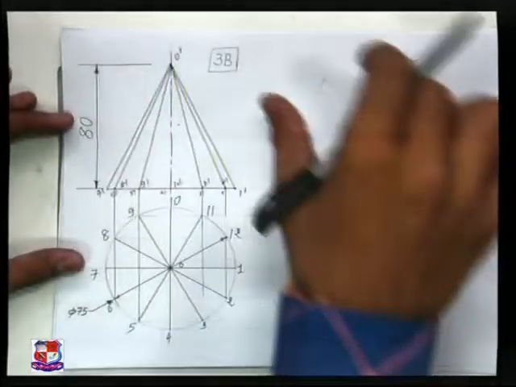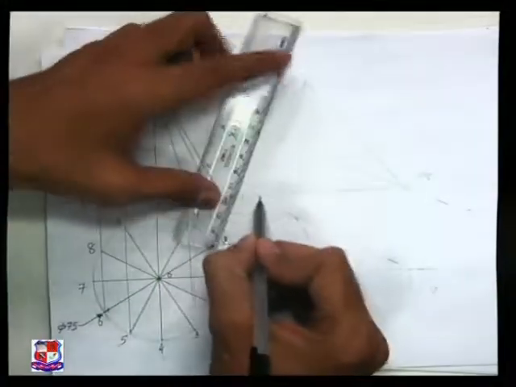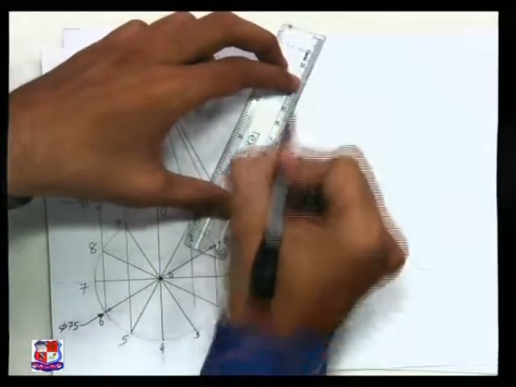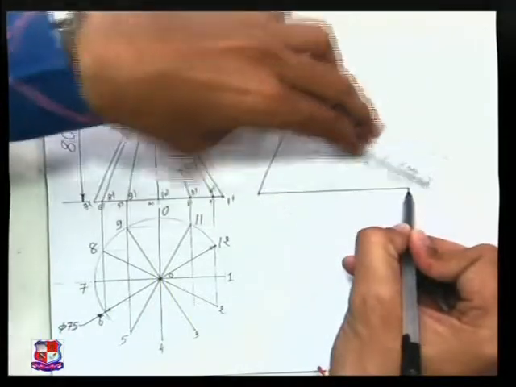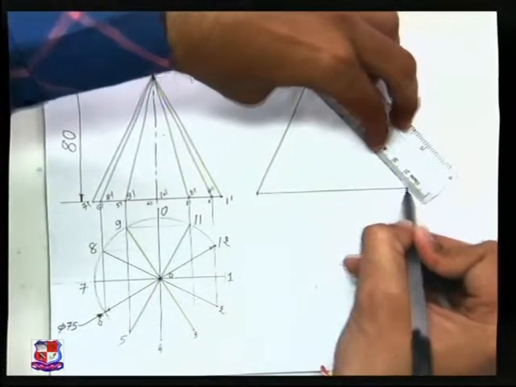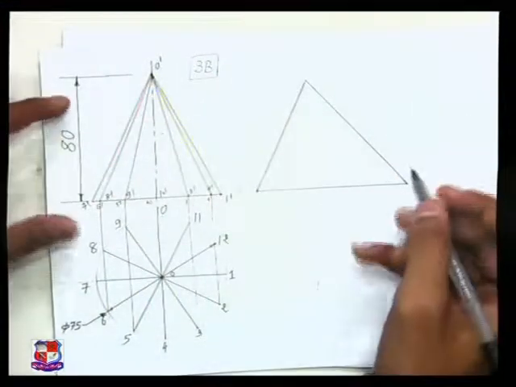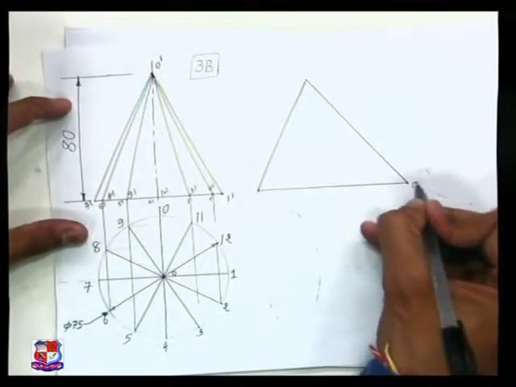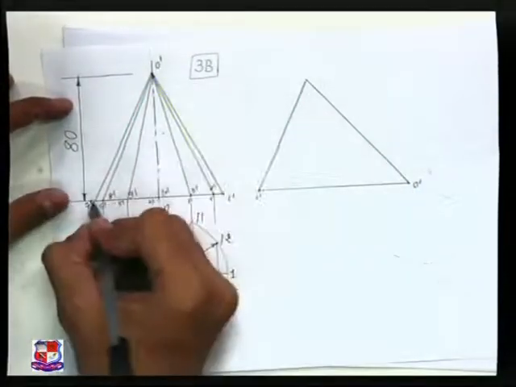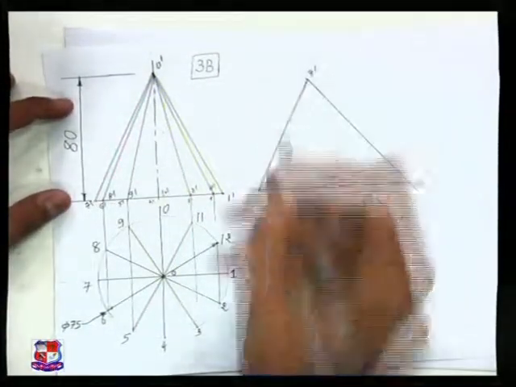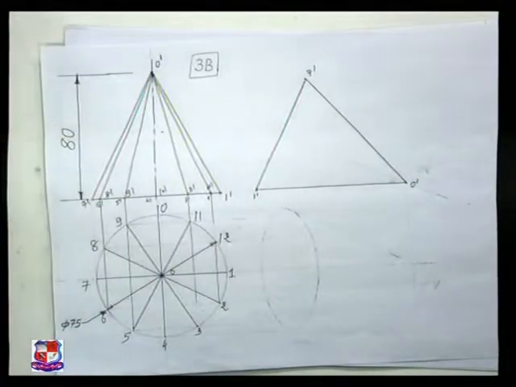Now we have to tilt this triangle in such a way that it becomes slanting on the O1 generator. So redraw this O1 like this over here. Just we have redrawn this front view. We have to tilt this front view. So this O dash will come over here. Here is the O dash. This 1 dash comes over here, and this 7 dash will come over here. So this is the redrawing of the given object.